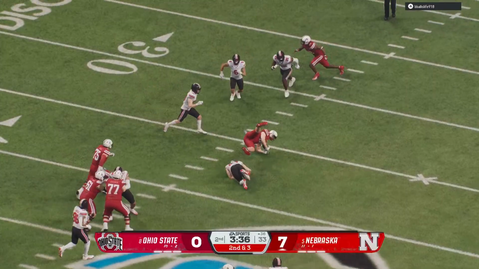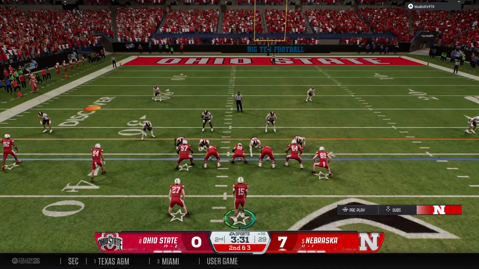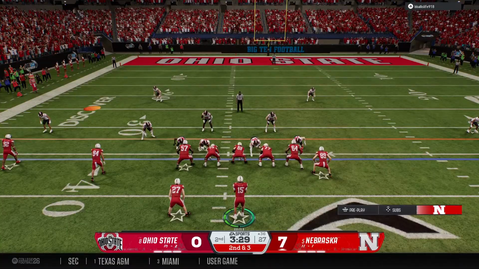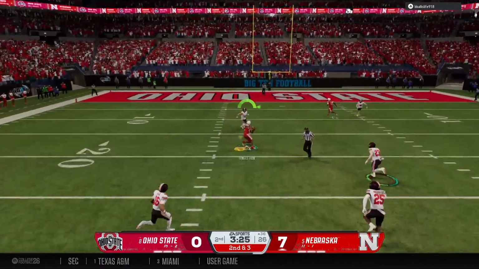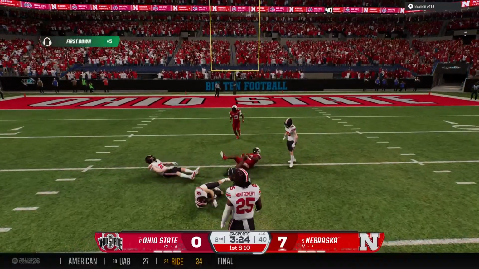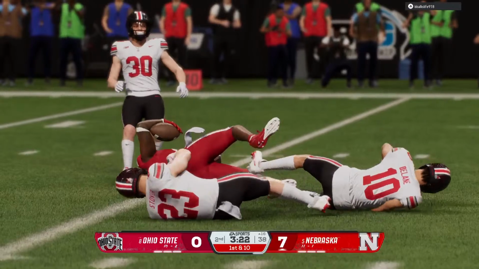The defense is expecting a run. Instead, you go play action and you throw to the big man for some positive yards on 1st and 10. Back to pass. It's Raiola, looking for the wideout. Trapped down the middle. It's Singleton. They bring him down to the 16, but they move the football into the red zone.